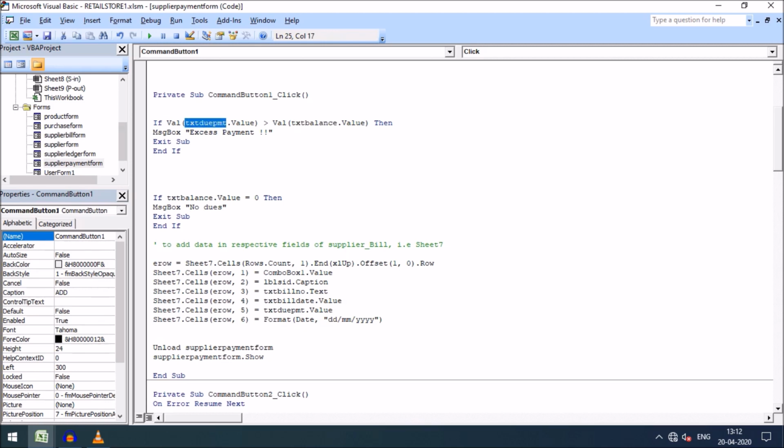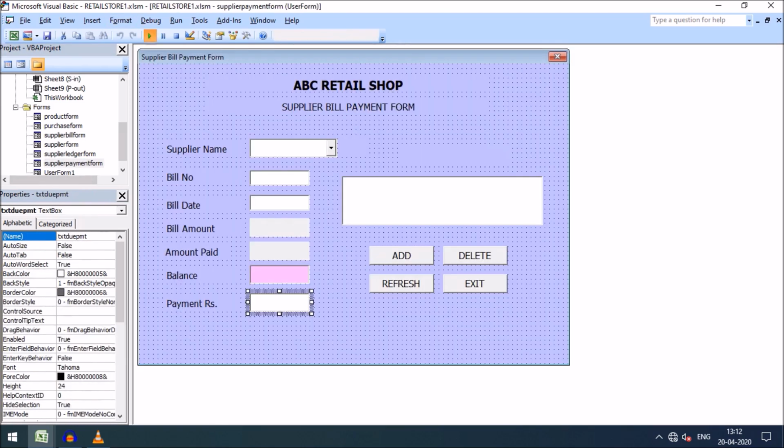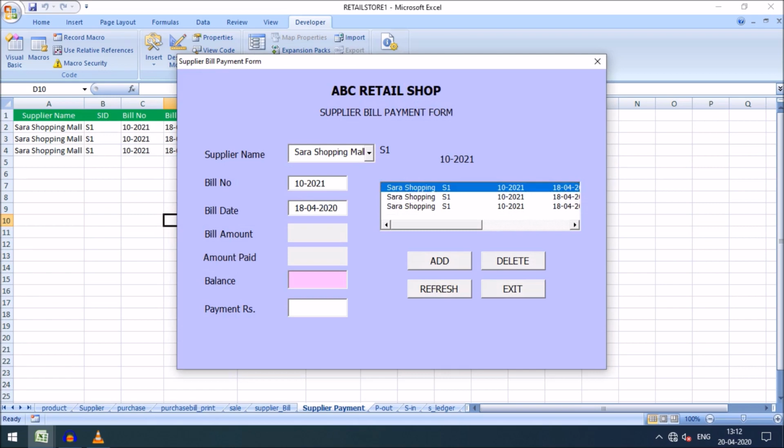If I want to pay 500, and I want to add this, you see excess payment, that means we have only a balance of 400 and I am going to pay 500, it will not be taken by the supplier, so the excess payment message. If we click OK and go back, this payment will not be done.